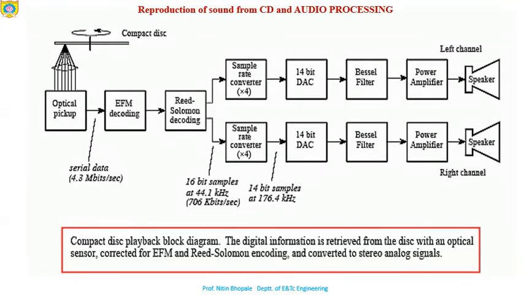This block is where the CD is rotating. We sense the data from the CD with the help of a laser beam, and this entire assembly is the optical pickup, so that the data from the CD is retrieved with the help of the peaks and falls. That data is in encoded format, so we need EFM decoding here, so that whatever data we got will be decoded. Now the Reed Solomon decoding.